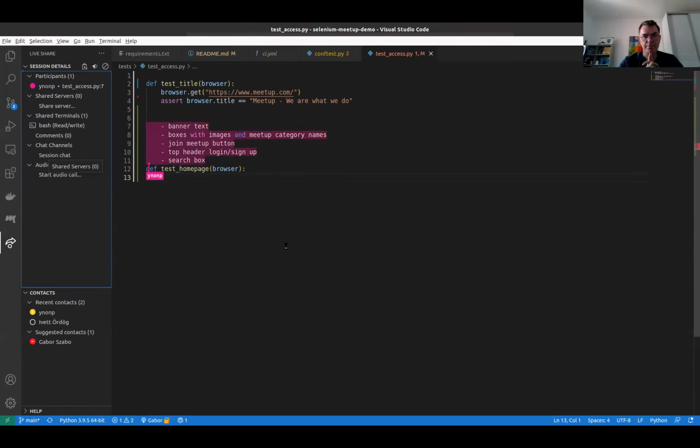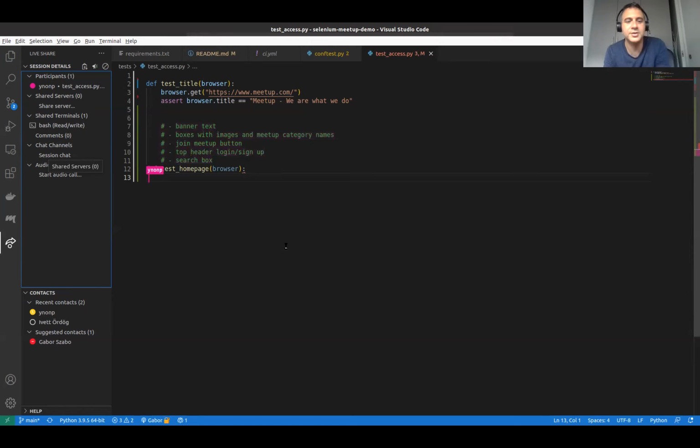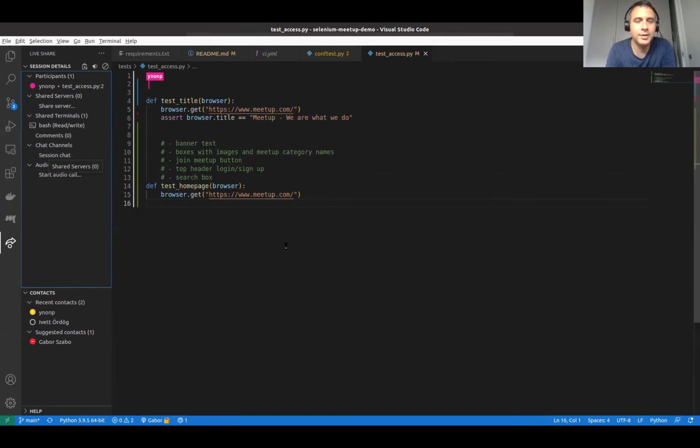That didn't work. Maybe Control slash. Okay, so first browser get, that was easy, and we already have the home page. Since this thing repeats itself, I can use Meetup like for this one.